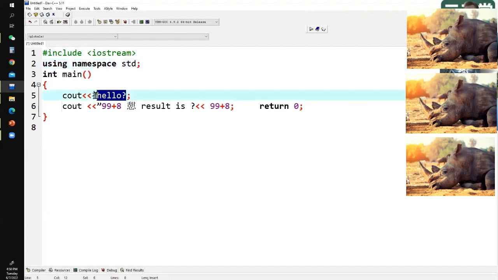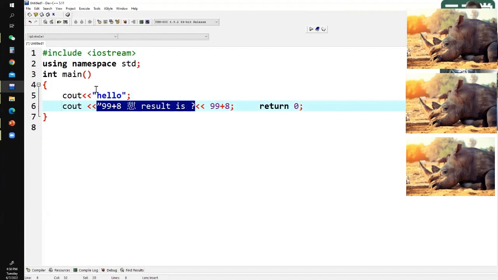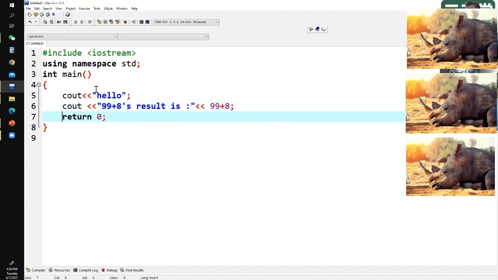Okay, what happened here is that you cannot type Chinese. This is not right, okay? Maybe this time I write this, 99 add 8. Result is, maybe I add this, okay? Is this one? This is not beautiful. I look here,